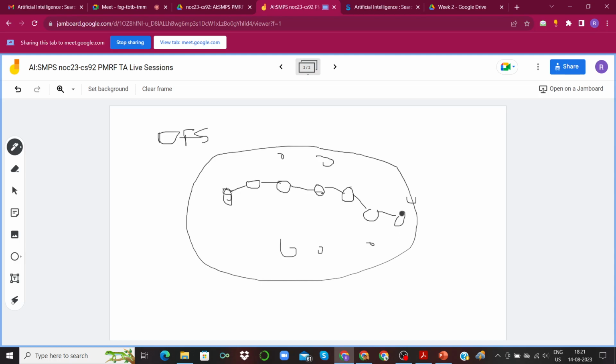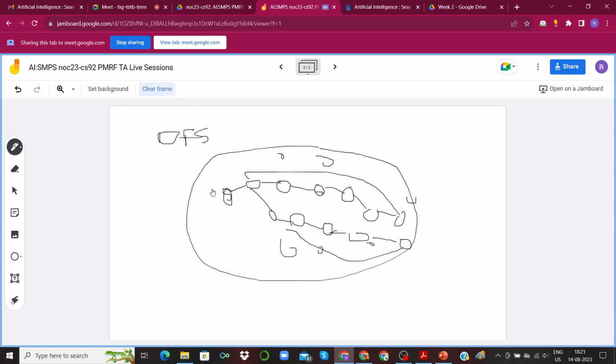If it can't find a goal node, it will backtrack. And whatever were the options that it could use, it will go and explore that particular depth. For example, if there was another option that it could take from here, it will backtrack and then it will go from this depth. And again it will try to find some other depth, and again if it doesn't find, it will backtrack and go to some other way.